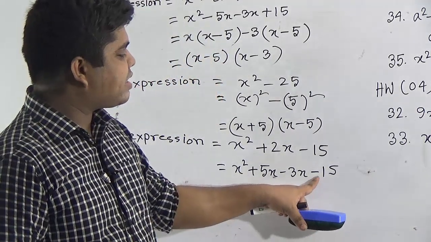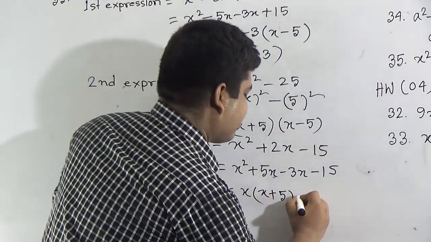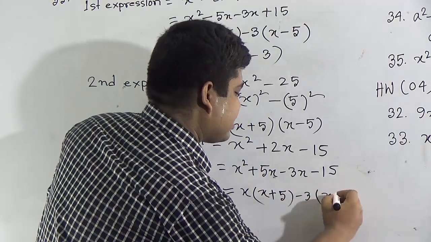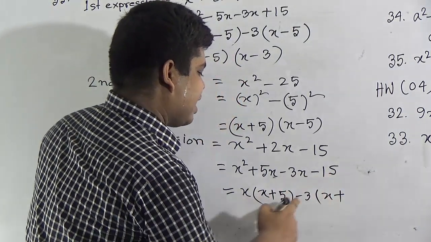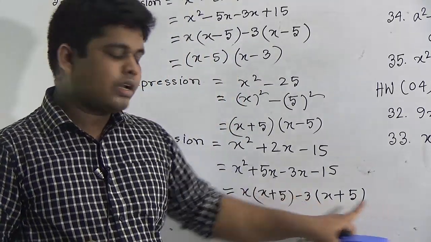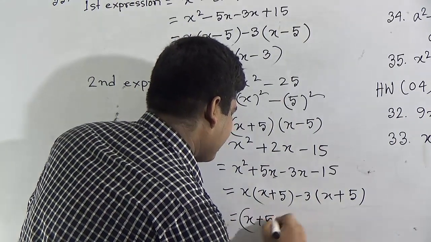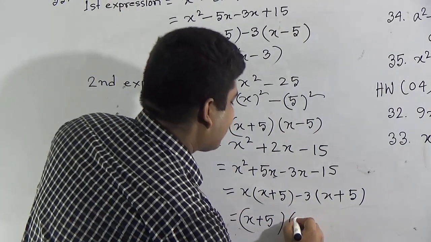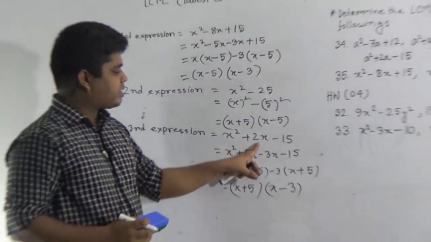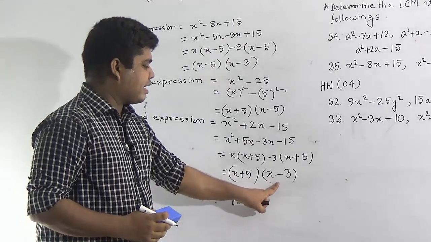From minus 3x and minus 15, minus 3 is common. If we take minus 3 common, then we get x, and minus will be plus. If we divide 15 by 3, then we get 5. So from this whole expression, x plus 5 is common. So take x plus 5 common, and here left x and here left minus 3. So if we resolve x square plus 2x minus 15, then we get x plus 5 and x minus 3